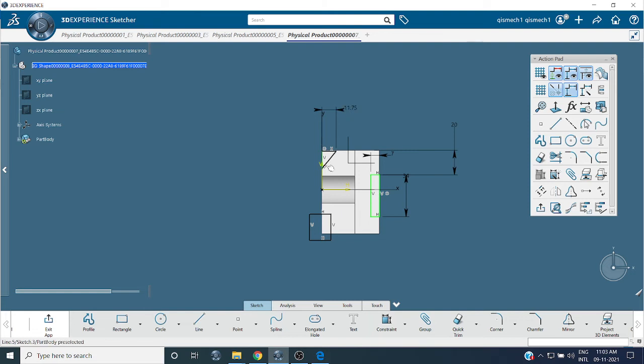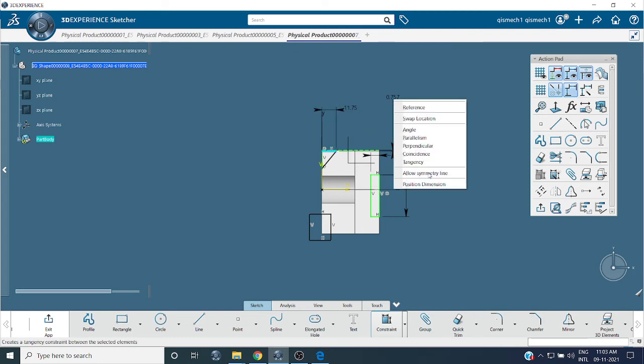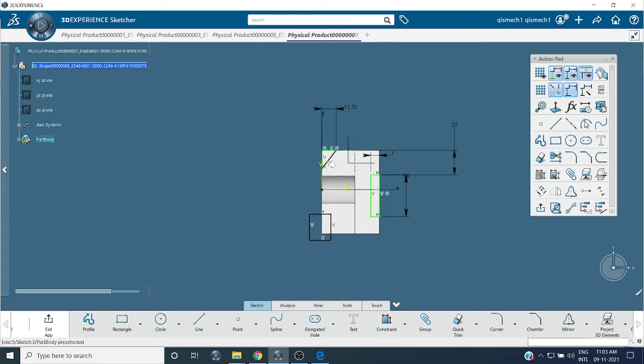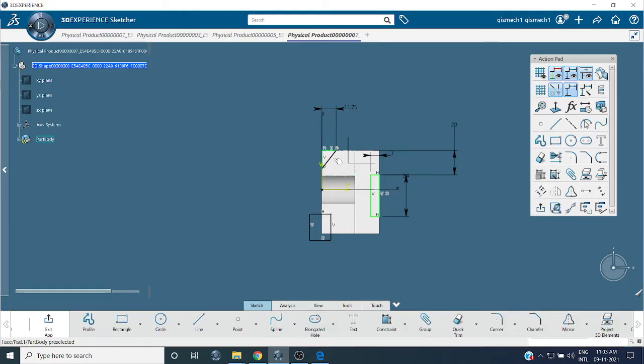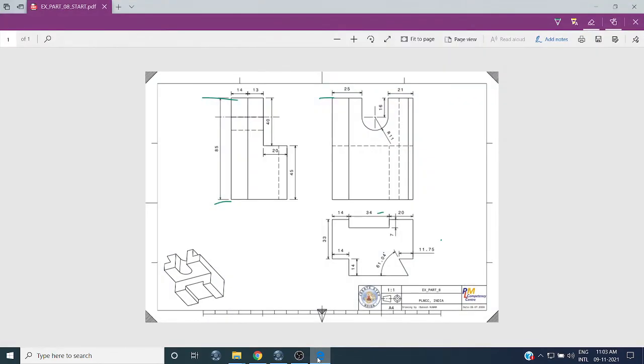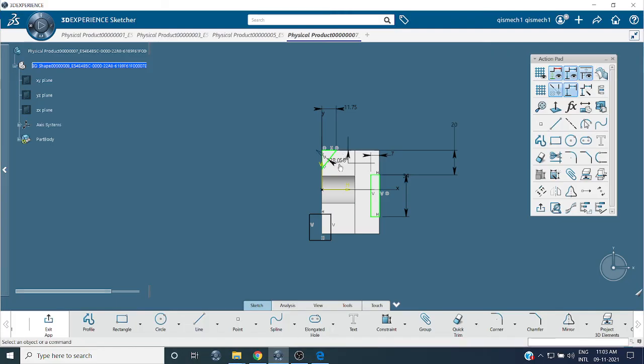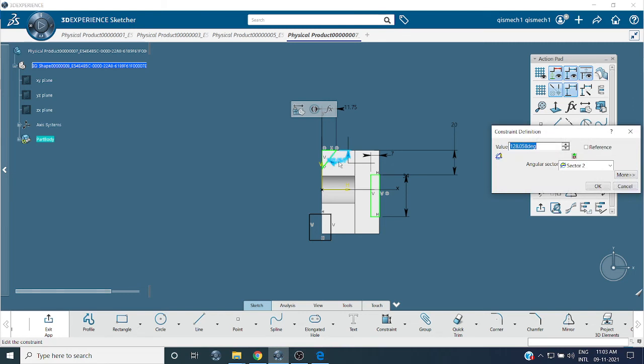This one, right click, coincidence. What is the angle? The side angle is 61 point, 2 into 61 point, which means 120.